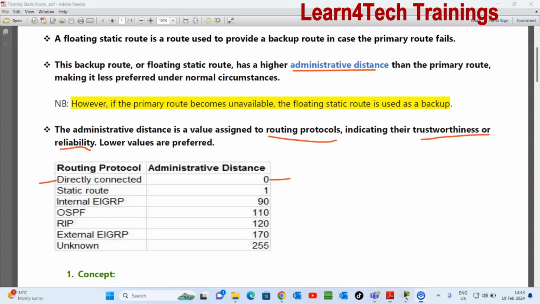connectivity between routers. The second one is the static route. It has an AD of 1. The floating static routes fall under the static routes, but we will increase the AD for the backup, because an AD of 1 means it's more trustworthy. But if we assign an AD of 10 instead of 1, it means it will be less trustworthy than the main static route. That's why for the floating route we can increase the AD from 1 to 2 all the